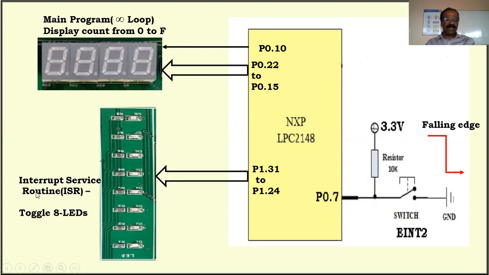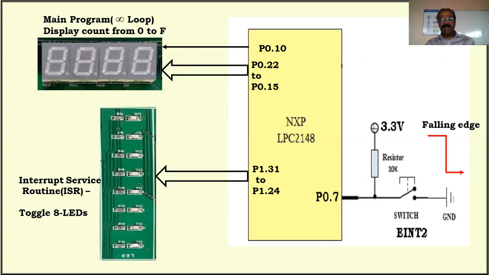For that task, we can call it an interrupt service subroutine, ISR. Assume here there will be a program to toggle these LEDs. Make it on; if it is on, make it off. If it is off, make it on. That's the meaning of this. To achieve this, we have to go for some interrupts. In our case, we are going to discuss external interrupt.